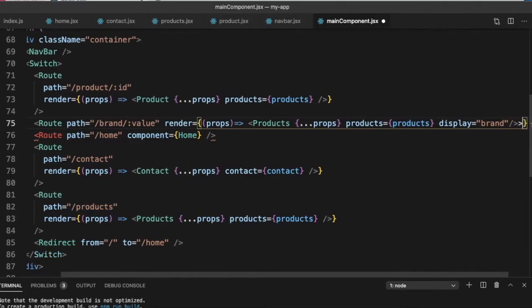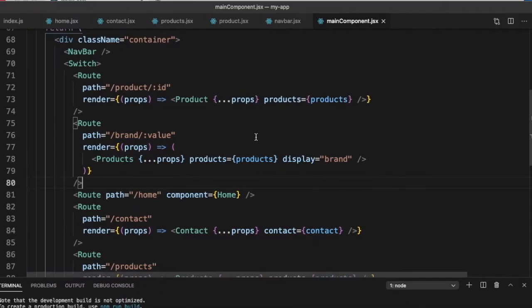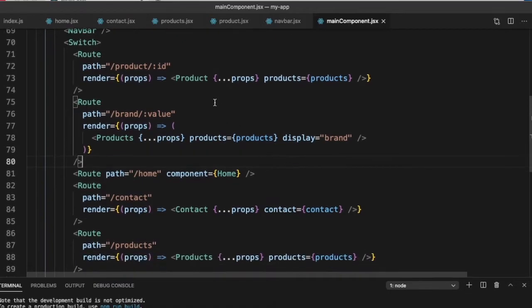We'll close our product and our route. So this is a route we have created. So we are rendering products here, and in the products we are passing the props, but we are passing another custom prop, which is display is equal to brand.